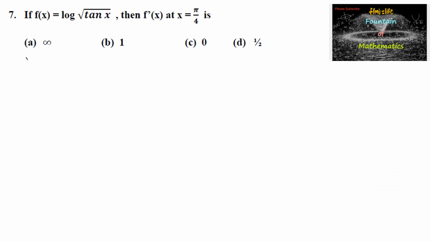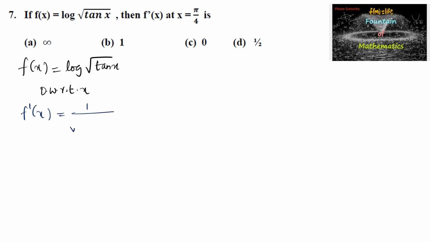If f of x is equal to log root of tan x, then f dash of x at x is equal to pi by 4 is. So now differentiating with respect to x. So we have f dash of x is equal to differentiation of log x, 1 upon root of tan x, into again d by dx of root of tan x, that is 1 by root of tan x into differentiation